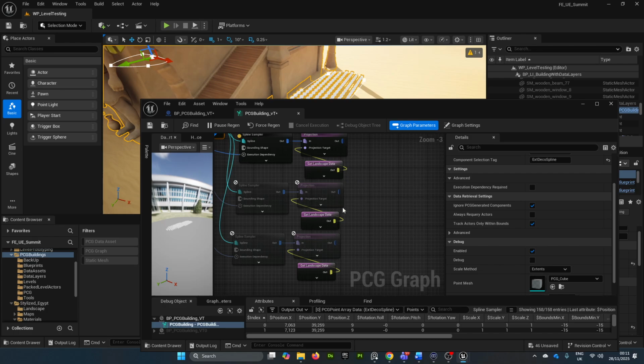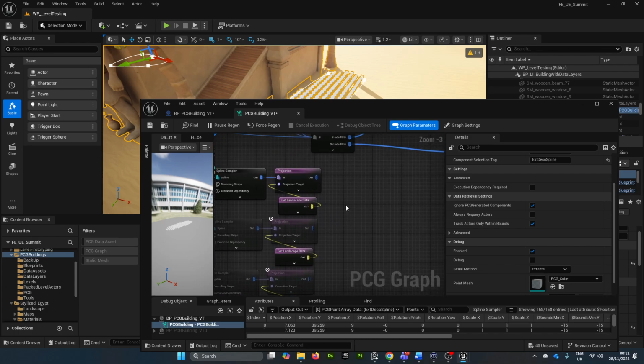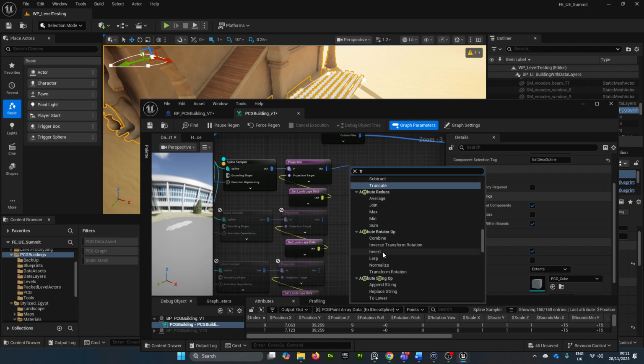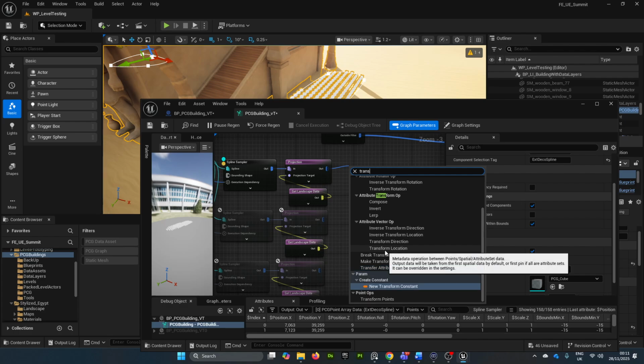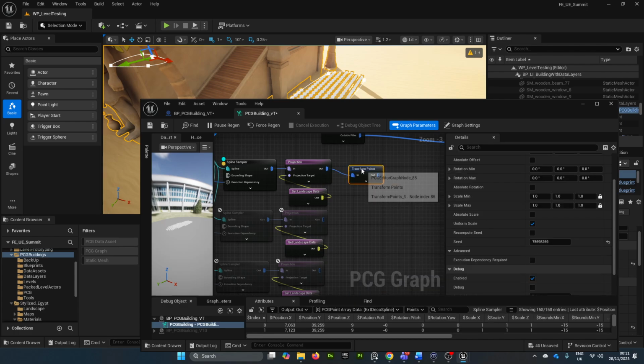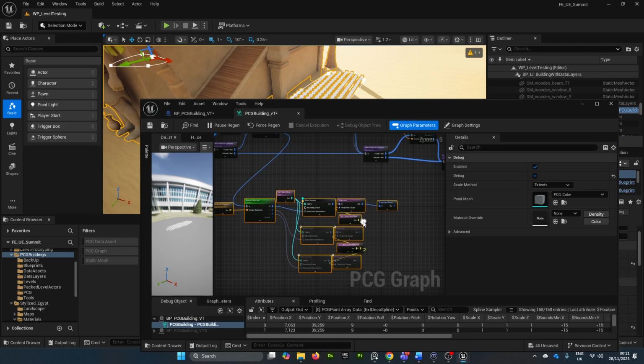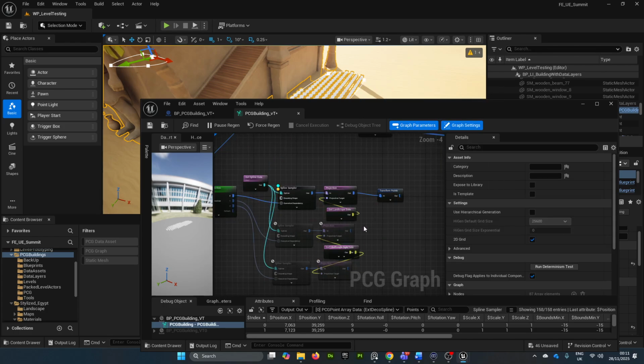We could have landscape data, but there we are. And then for each one I'm going to just do a transform points as well, because then each one will be different or scaled in different ways. I could as well for this make use of the